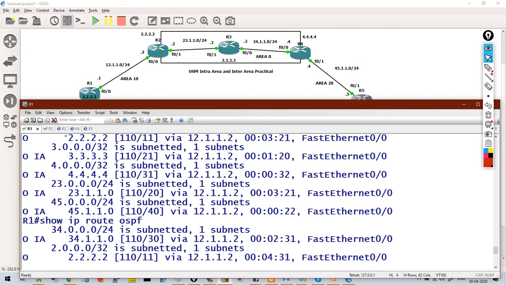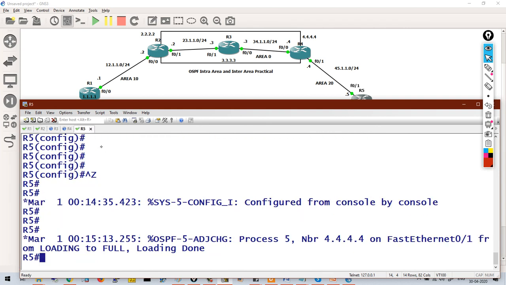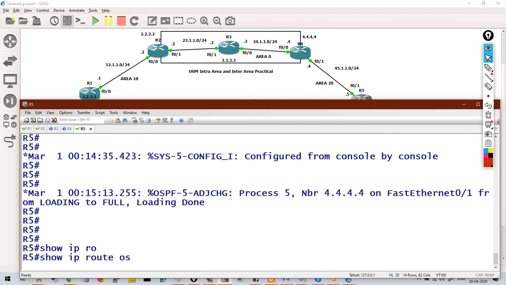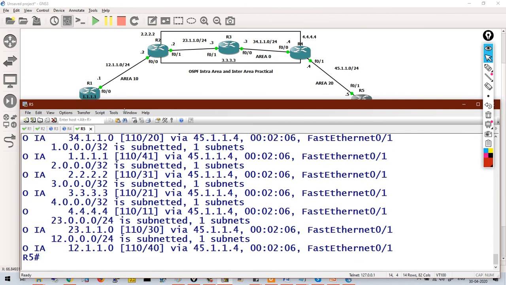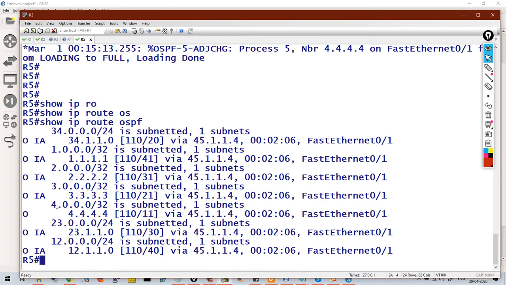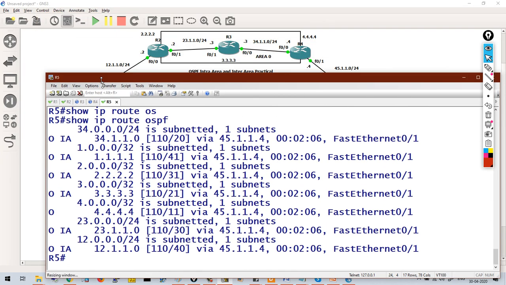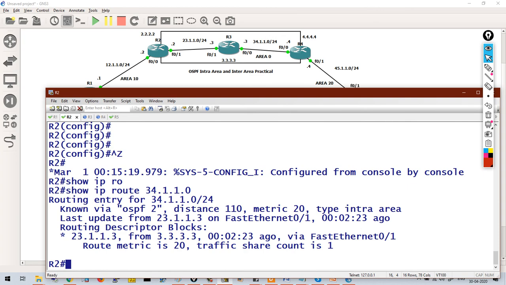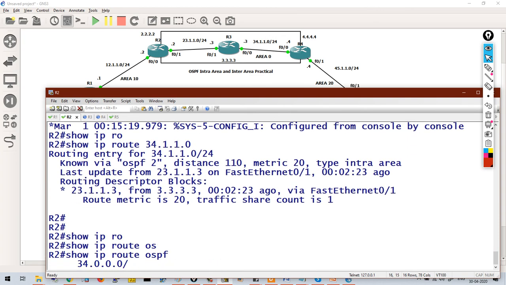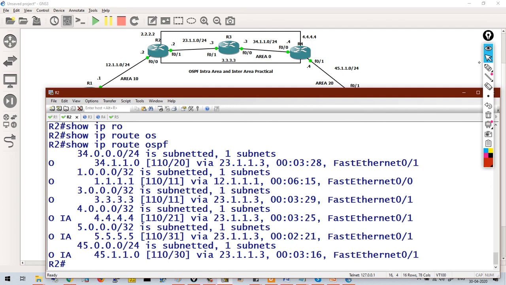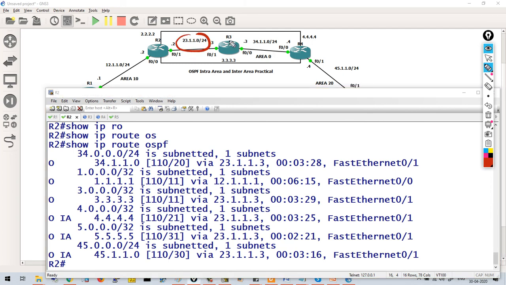So guys, like this, we can check the routing table on R5 also. Show ip route ospf. You can see except 4.4.4.4, all are inter area routes, but this is O, which means intra area. So let's move to the ABR. Show ip route ospf. If you check on R2, the 34th network or 12th network are directly connected, so they are not learned via OSPF.